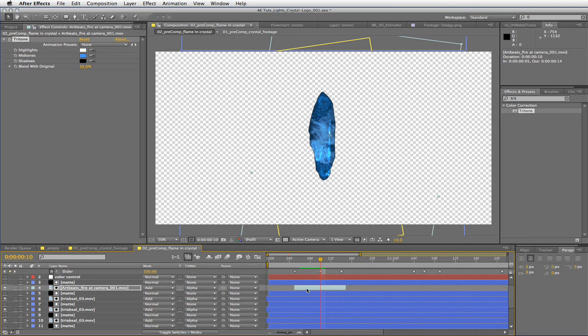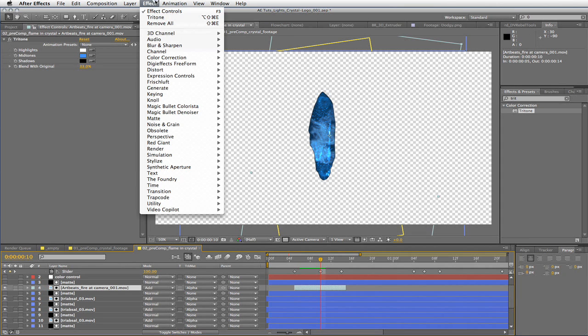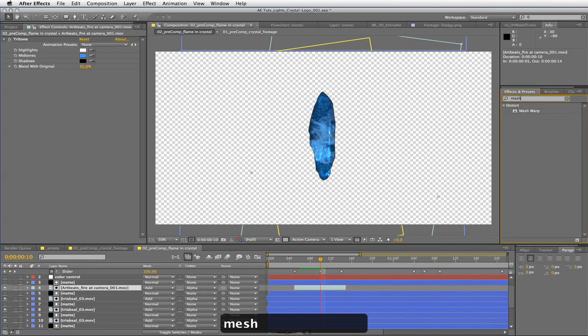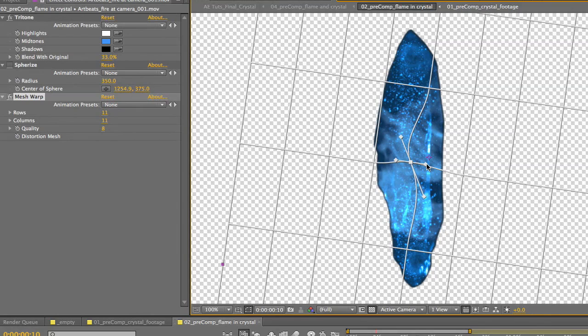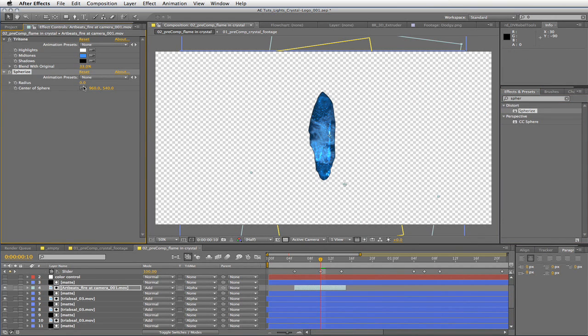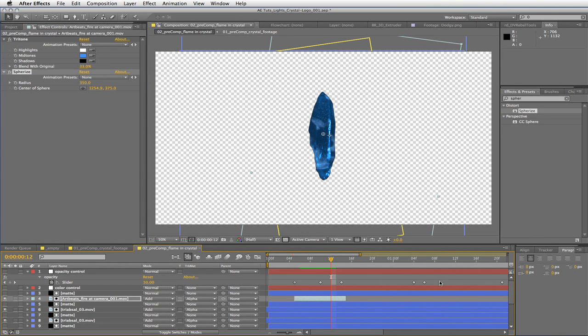Now to distort the flame within the crystal, there are several things we can do. We could use DigiFX Freeform, or we could use Mesh Warp. I'm just going to take the easy route and grab Spherize, throw that onto the fire. Make the radius, move the center of the sphere. You can see that. And I'm just going to crank it pretty high, 350. Now I'm going to duplicate the fire and move it to match all of these cases of the real light